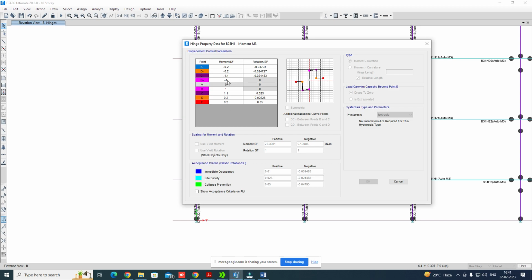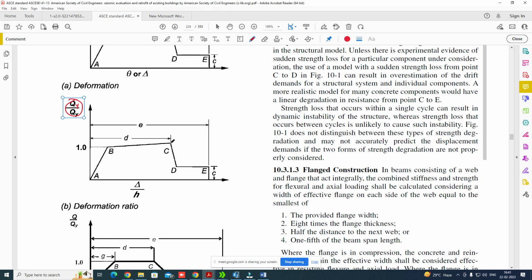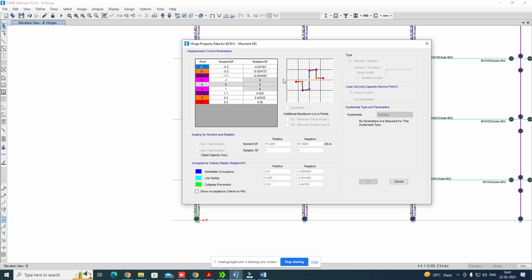That's why you can see this is 1 at point B. Then 1.1, if you have some q here, this q divided by qy will give 1.1. Then 0.2 at this point, so it is reduced. The q at this level divided by qy is 0.2, and again at this point also it is 0.2. Then rotation corresponding to this point b,